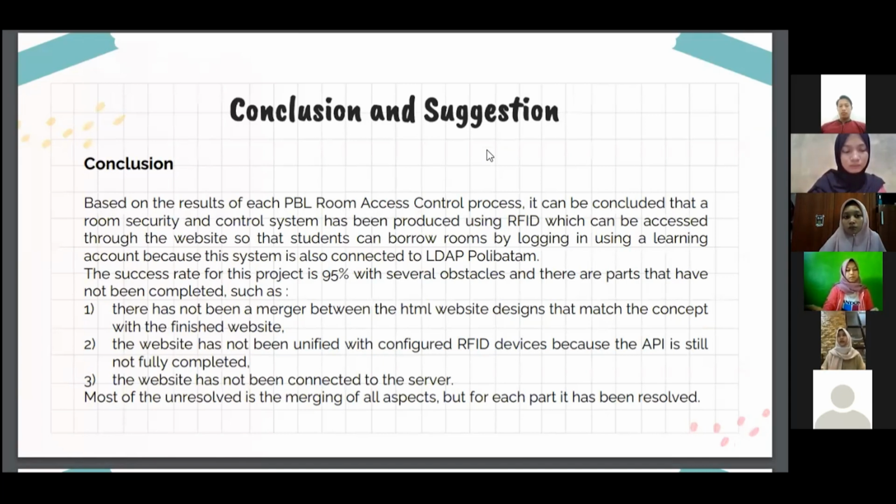Okay, conclusion and suggestion. Based on the result, a room security and control system has been produced using RFID, which can be accessed through the website, so students can borrow rooms by logging in using a learning account because the system is also connected to LDAP Polybatam. The success rate for this project is 95%, with several obstacles and parts that have not been completed, such as